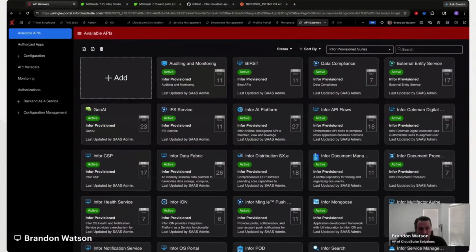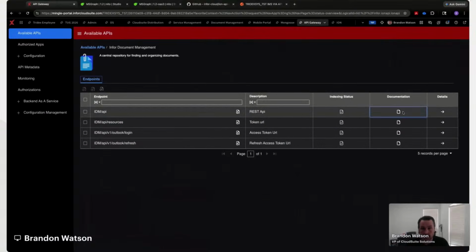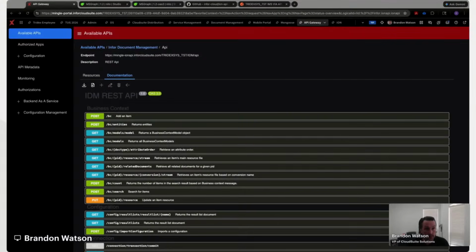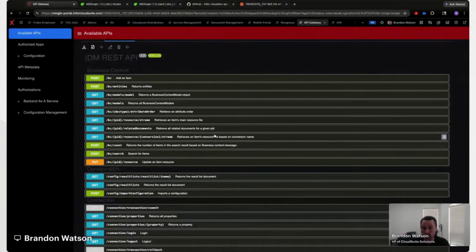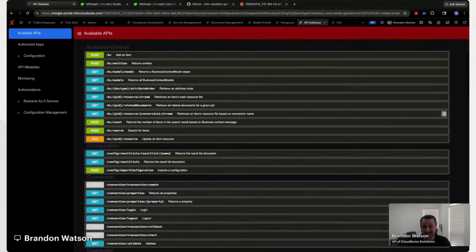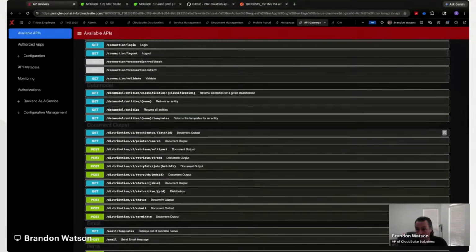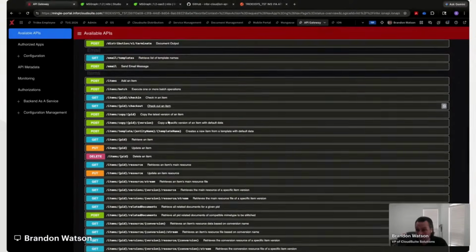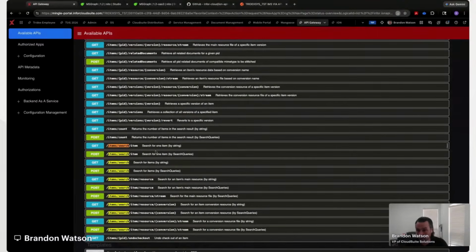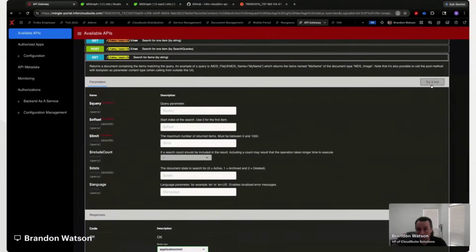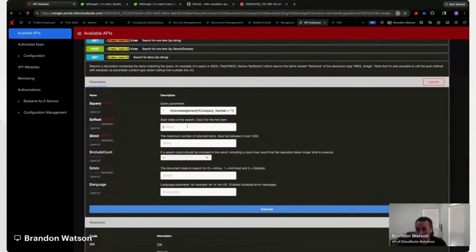Jumping back to the API gateway here, next we are going to look at Infor Document Management, and we'll take a look at the REST API endpoint. With IDM, this is obviously where you can manage your documents: add new documents, delete documents, update documents, search for documents. So I'm going to use my handy search tool here to search for items. I could try it out, and I could put in an XQuery to look for a specific document